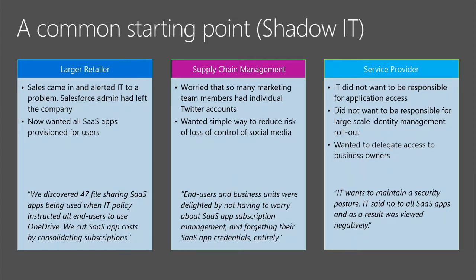So then they had to say, well, if that's the case, how many other apps are going? So they rolled out and piloted the SaaS app discovery capability that we'll show you here. Based on that, they were able to identify over 47 file sharing apps, right? So at first they went in with the Salesforce problem, and now they understood they have a data problem that's everywhere. And by starting to get those apps under control and connected into Azure Active Directory, they were able to address this problem.